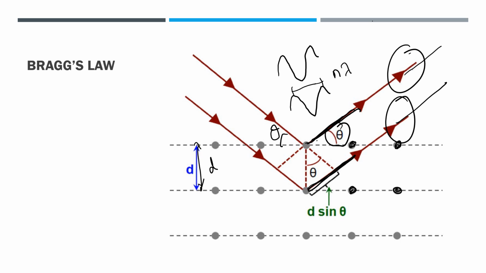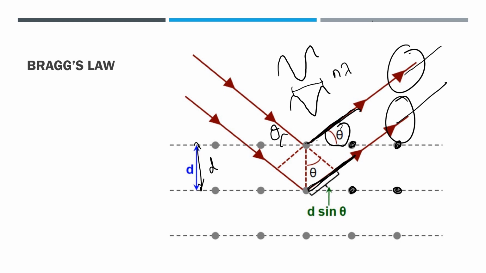What does an integer times the wavelength mean? That means that the wave is just shifted basically one wavelength or two wavelengths from the other wave. But remember that waves are periodic, right? They repeat after a wavelength. So if I shift something by an integer number of wavelengths, I'm not really shifting anything, essentially. Which means that when these meet, they're going to be basically the same wave, and they're going to constructively interfere,